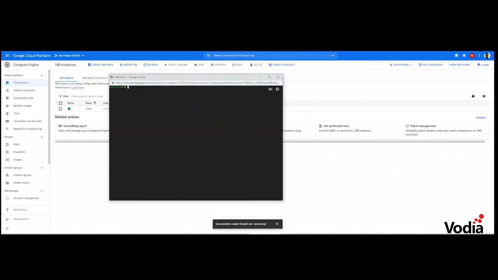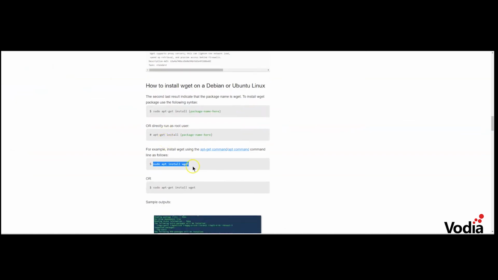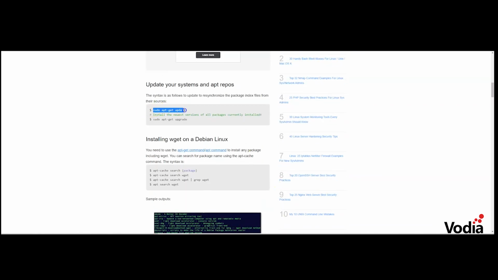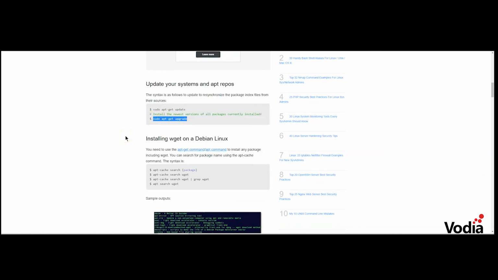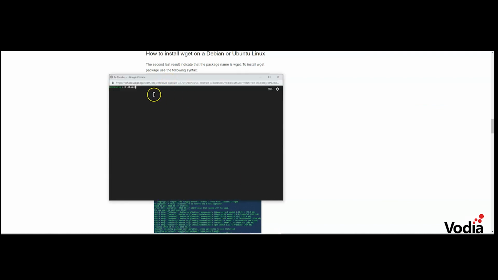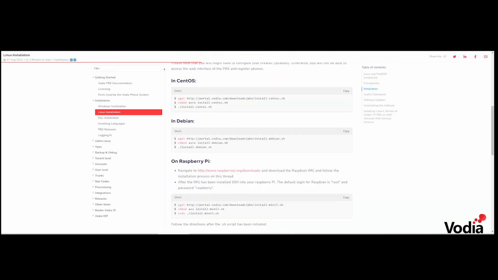If we go here to how to install it, you can simply go sudo apt-get install wget. But before that, I will just do a sudo update and then a sudo upgrade. You can put that in the command line. And then you can do a sudo apt install wget, and it'll install the package for you. So this has already been done, just in case you guys run into some issue there. So the next thing I'm going to do is go to